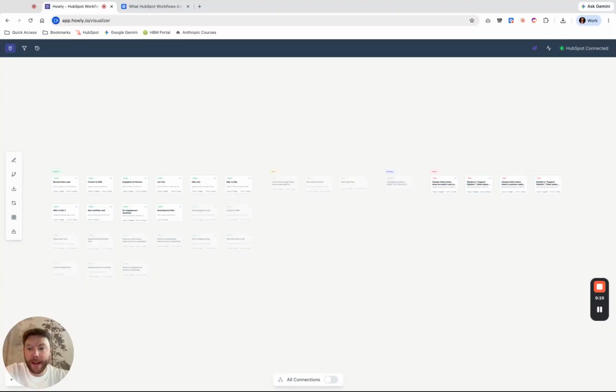Have you ever wanted to build a new workflow and set anything up in HubSpot, but have no idea what it's actually connected to? Be it upstream, downstream, other enrollments, maybe a property change? That's what we're about to discuss today. So stay tuned. All right, so we are back in Howley, and under the floating sidebar here is where we